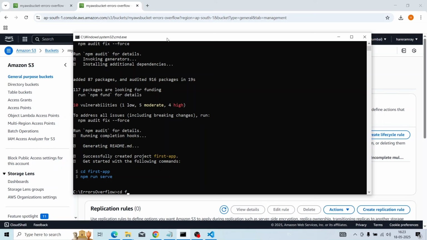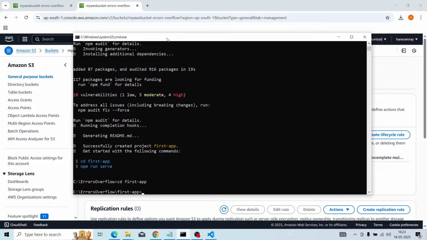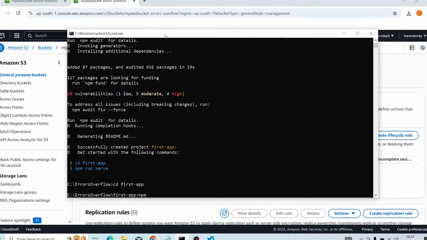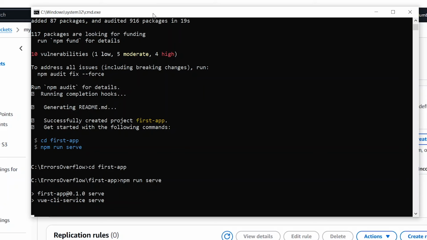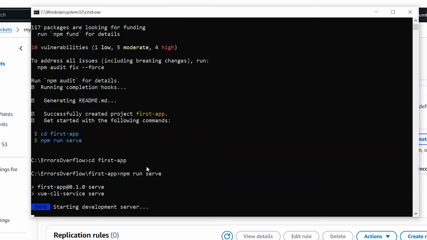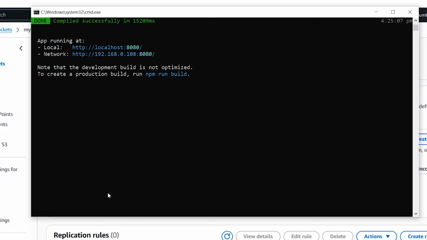So cd first app, then npm run serve. Application is running on localhost 8080.